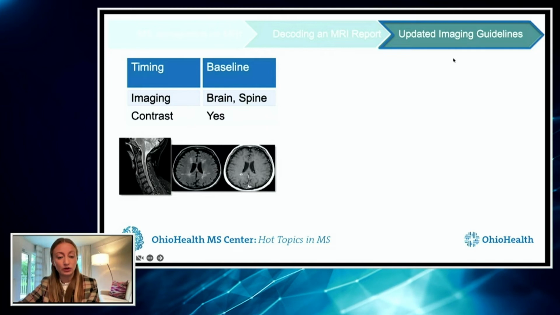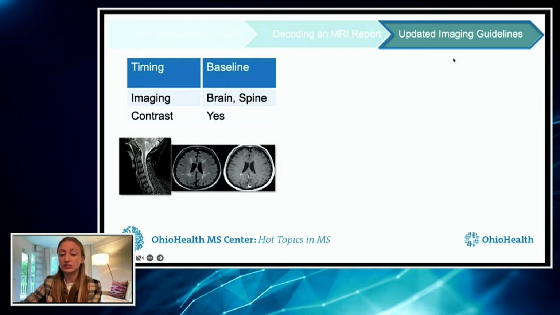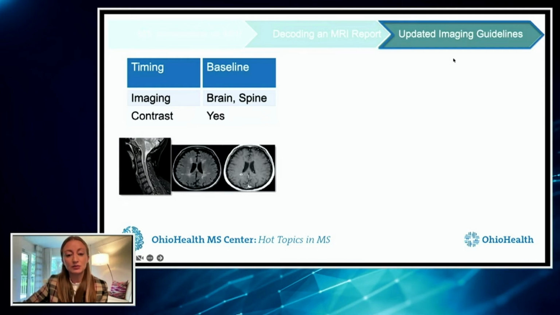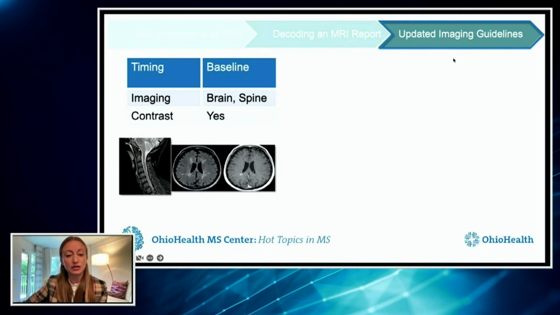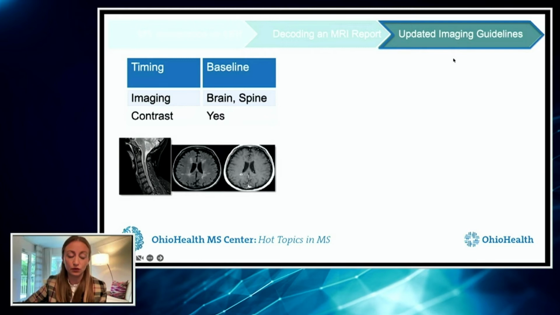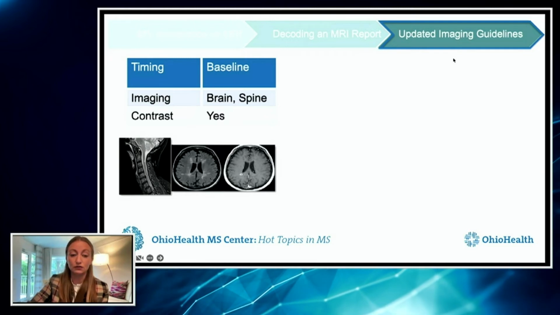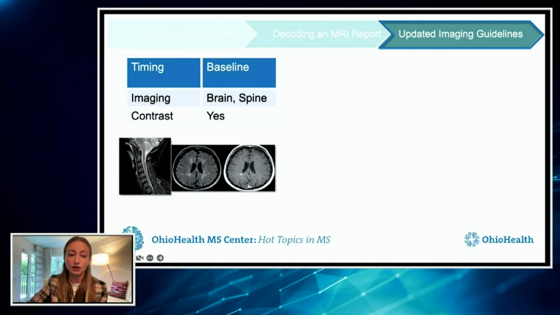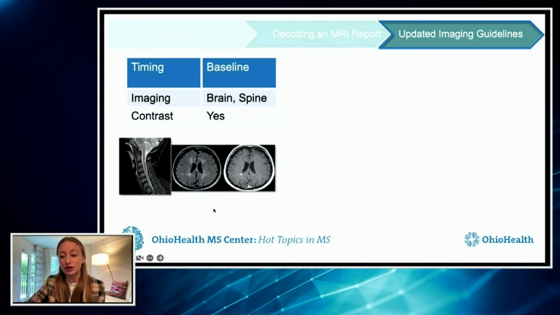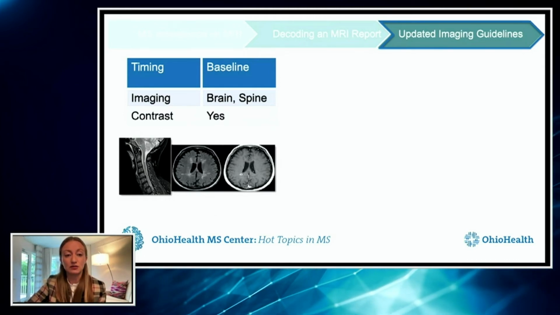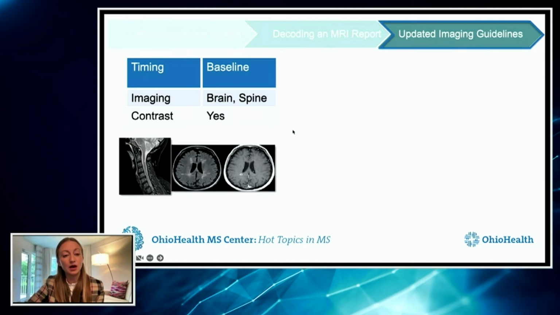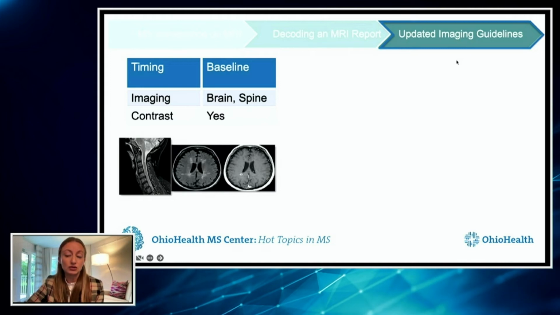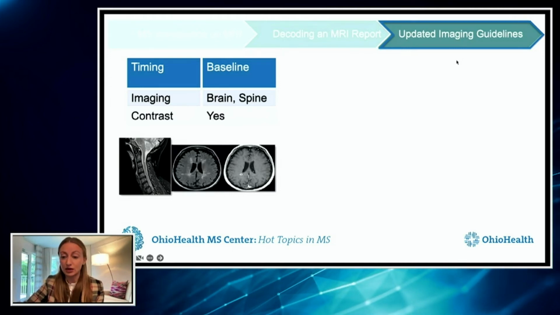You've probably heard of dissemination in time and space as part of the diagnostic criteria for MS. Dissemination in space is represented by having 2 of 4 specific regions involved. 3 of those are in the brain, but 1 is spinal cord. So having the spinal cord imaging can help us to make the diagnosis in a lot of cases. Contrast is recommended in baseline imaging because that can also help us to make a diagnosis